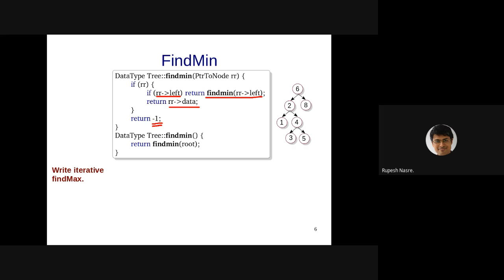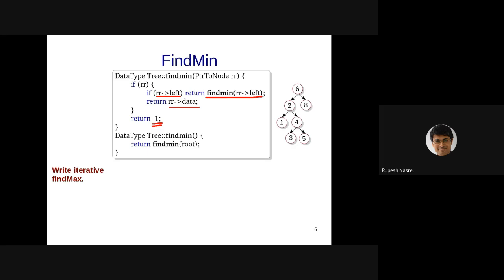Sampriti says, is it possible that the number 3 can be replaced by a number less than 1 in the tree shown? So let's see. Let's say, can 3 be replaced by 0? Let's check that. When you have inserted all these numbers apart from 3, let's say now you are inserting 0. Where will 0 go? 0 will check with 6, then check with 2, and then it will not go to the right, but it will go to the left. And therefore, 0 cannot appear as the left child of 4.